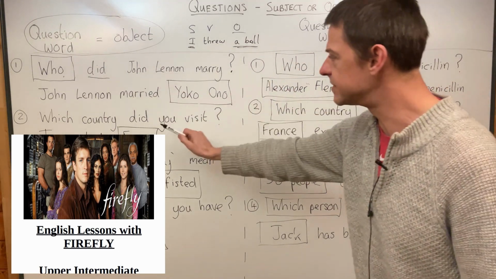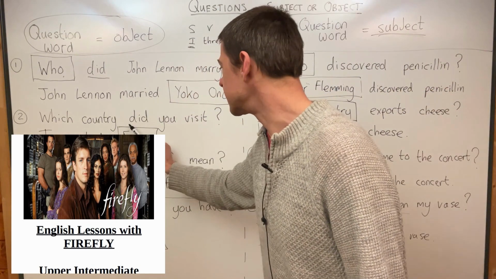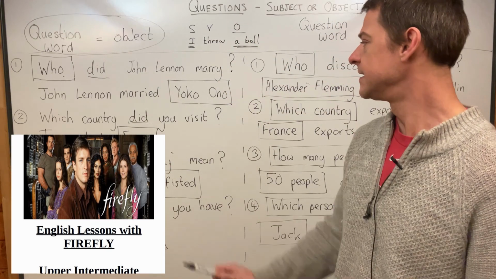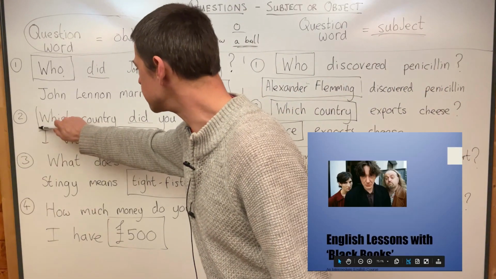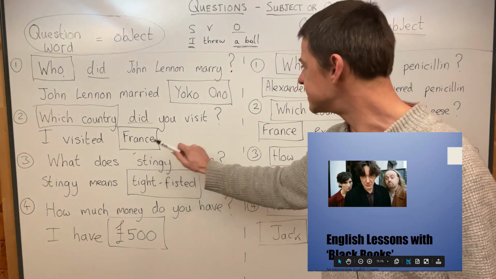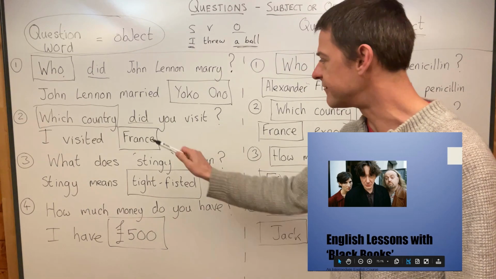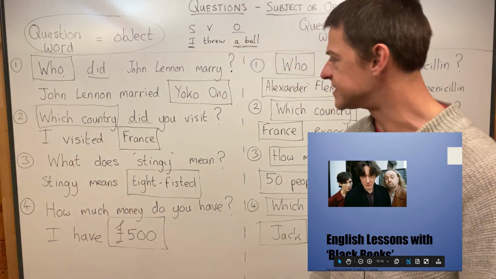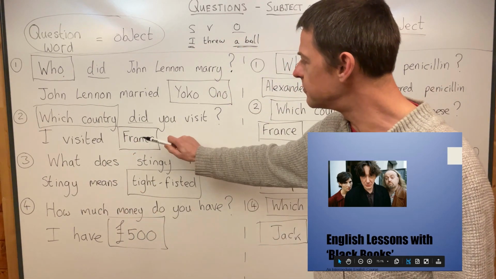Let's compare now with number 2. Which country did you visit? Now notice that which country here is the question word, and the question word is the object again. Just like Yoko Ono is the object of married, France is the object of visited. So when the question word is the object, we need a